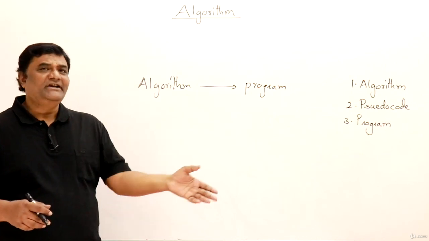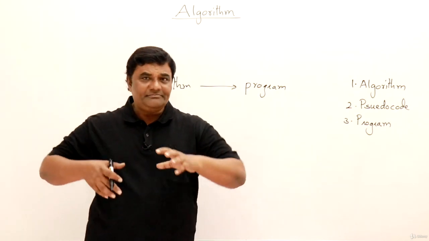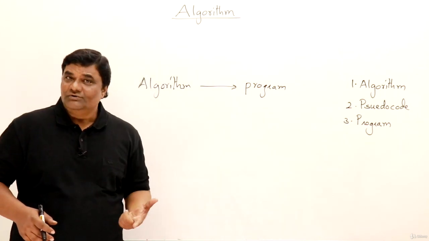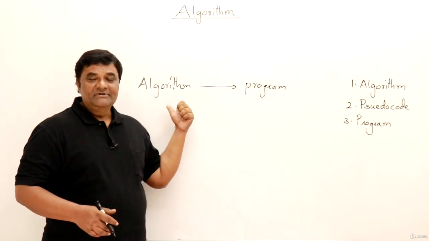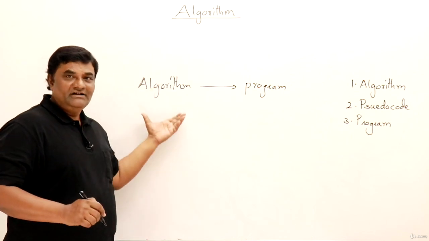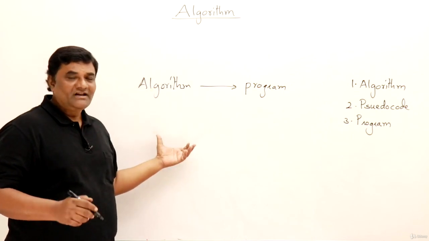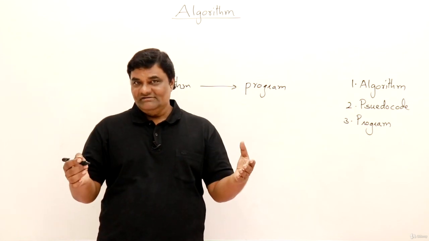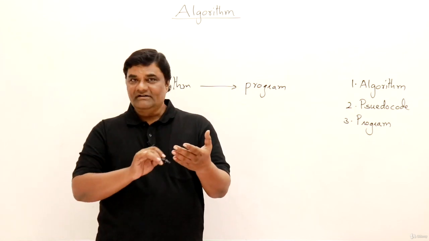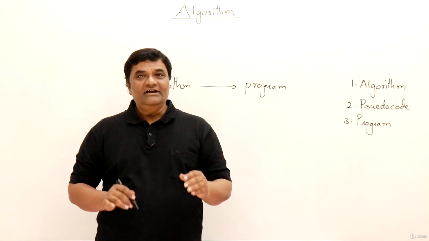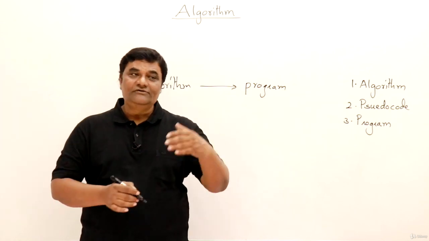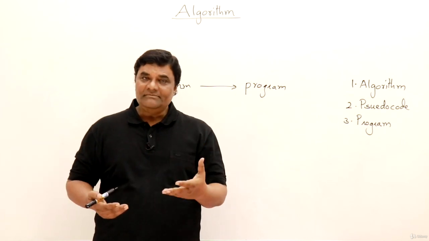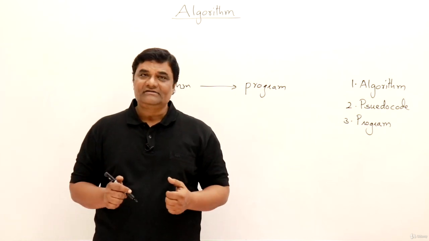You get that mostly from various other subjects as well as mathematics, and it depends on your IQ level also. So if you know how to solve a problem, you can write it as an algorithm. It is just like if you are a chef, you know how to prepare a dish and you will prepare a recipe. If you are a chemist, you will prepare a chemical formula and an experiment for getting the chemical result.